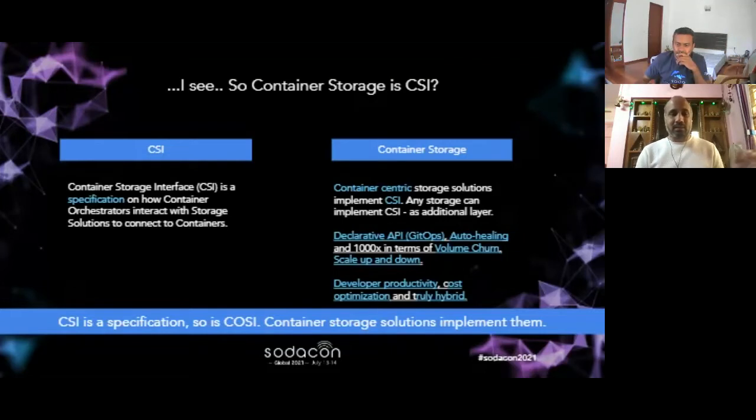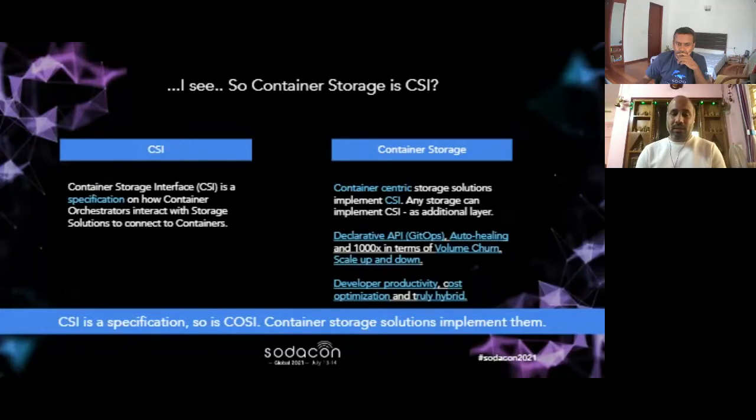The interface to do that is basically CSI, but that's just not sufficient. CSI is just a specification that helps pods consume the storage. Whereas when we talk about container native storage or container storage, it's about implementing that spec by the storage vendors